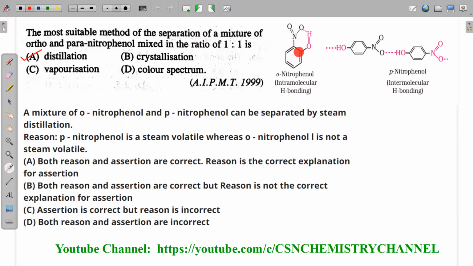So here you are seeing the structures. Benzene ring having single bond OH is called phenol. Once again, the benzene ring having single bond OH is called phenol. OH group is the functional group. And this is the first carbon. This is the second carbon, called the ortho carbon. The ortho carbon has a nitro group, N double bond O, single bond O, or dative bond O. This nitro group is present at the ortho position.